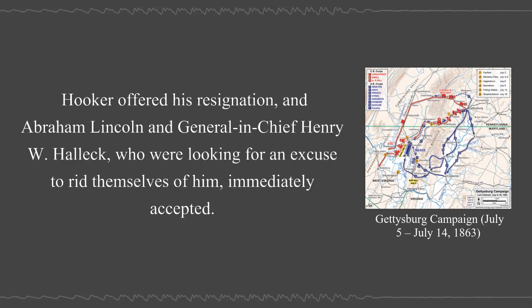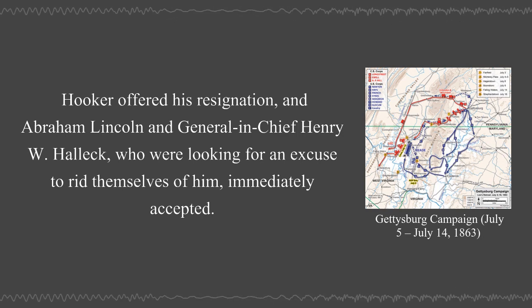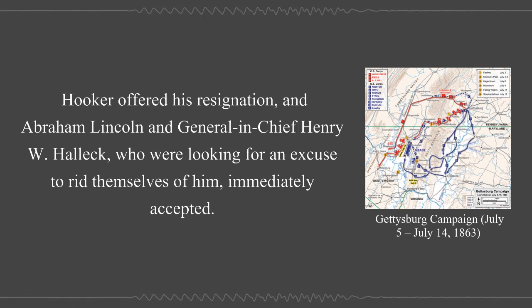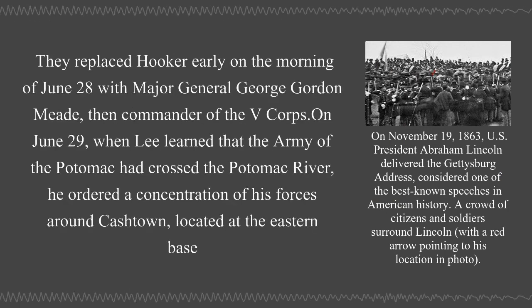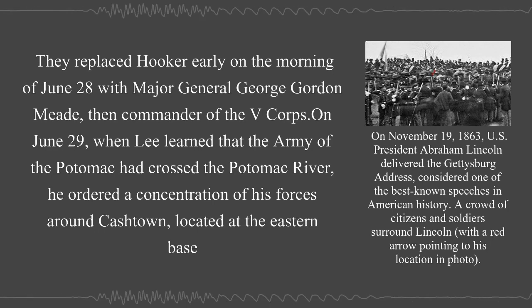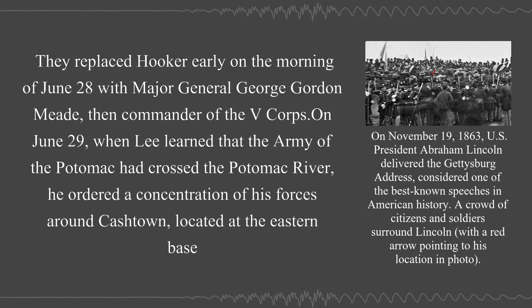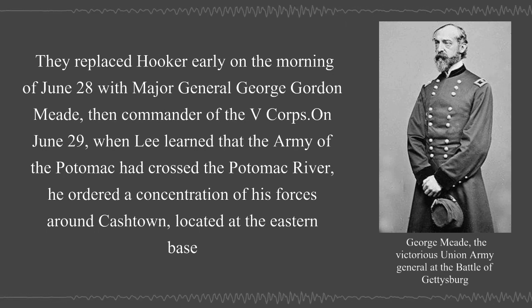Hooker offered his resignation, and Abraham Lincoln and General-in-Chief Henry W. Halleck, who were looking for an excuse to rid themselves of him, immediately accepted. They replaced Hooker early on the morning of June 28 with Major General George Gordon Meade, then commander of the 5 Corps. On June 29, when Lee learned that the Army of the Potomac had crossed the Potomac River, he